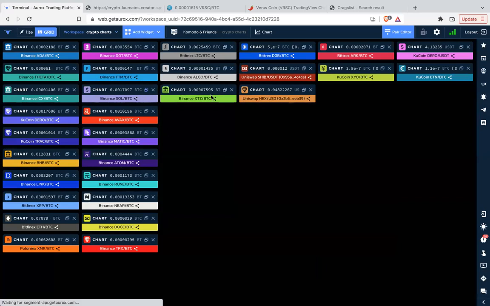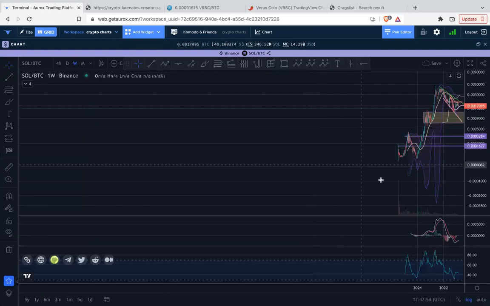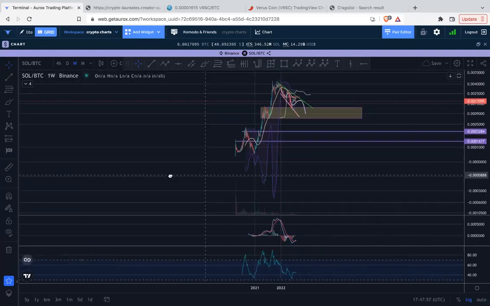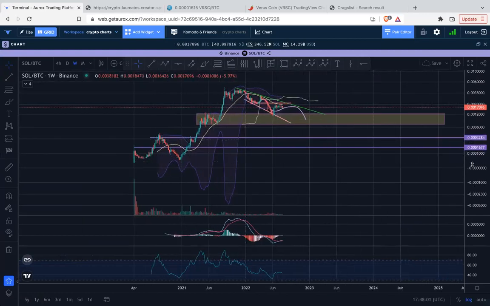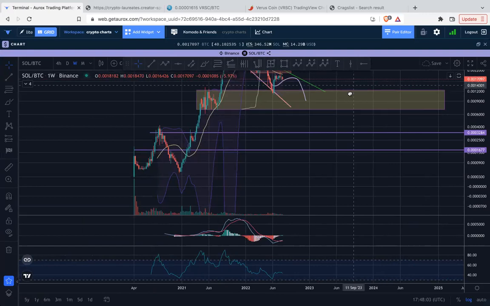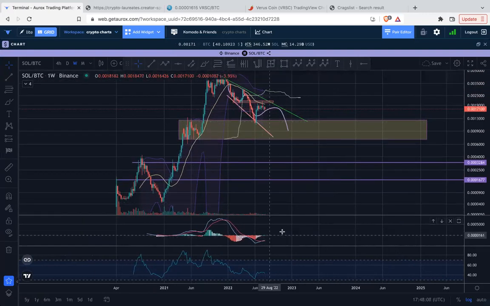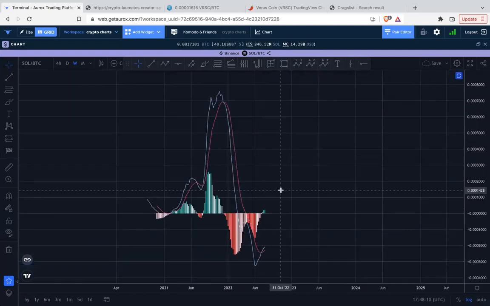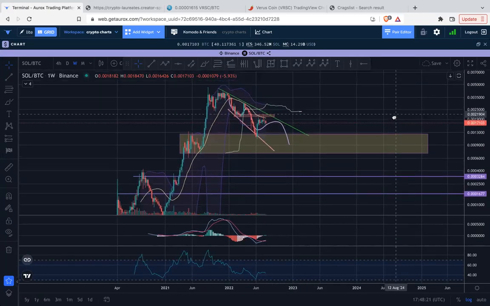Let's take a look at Solana against BTC. All right, when we look at Sol against BTC, it's a similar idea at this 20-week moving average. It did move into some positive momentum on a bullish cross, but how big is it going to be? It's tough. You had a big positive momentum, big negative momentum. It needs to balance out. We're going to see that on some other charts too, possibly. But generally, the sense here is